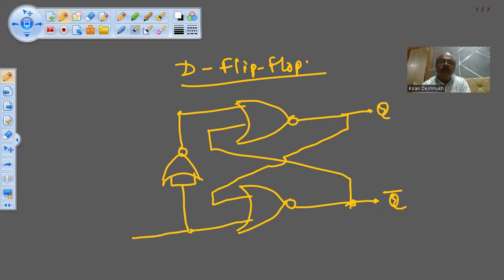And I apply only one input, that is D. Okay. Now, why have I connected a NOR gate here? The reason is that this is the S input as we know, and this is the R input. So R and S